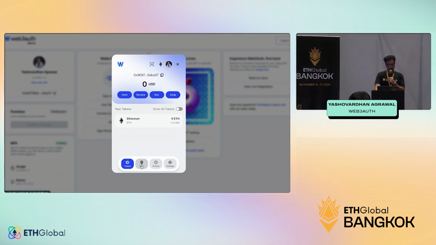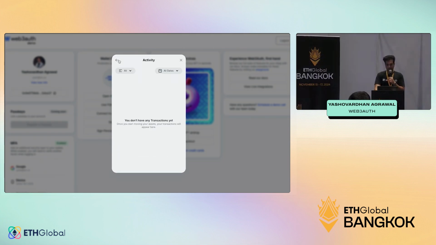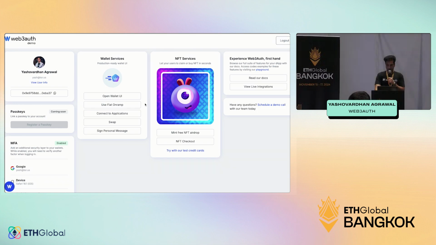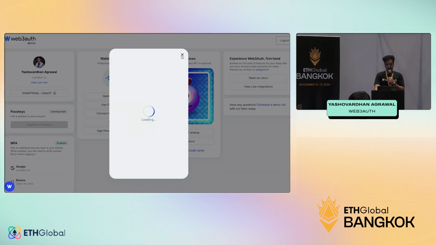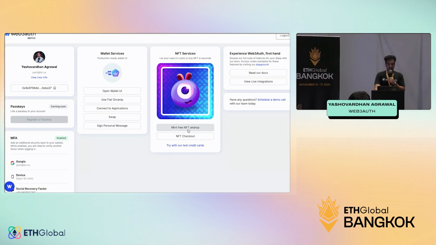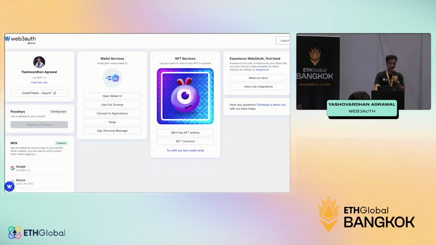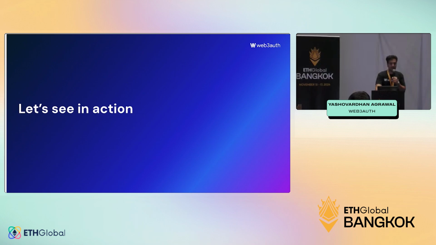I open up a UI. I can see my NFTs or activity or whatever in this particular account. I can on-ramp things. I can literally do whatever I want in just a moment. And I can even mint an NFT and do all sorts of transactions without even knowing I am on the blockchain. So this is the special thing about Web3 that you won't even notice it's here,